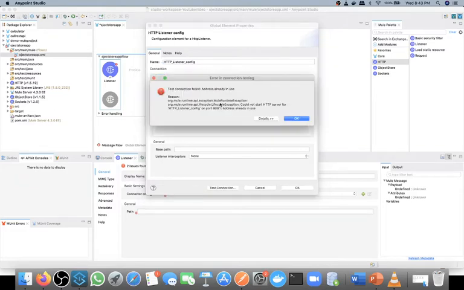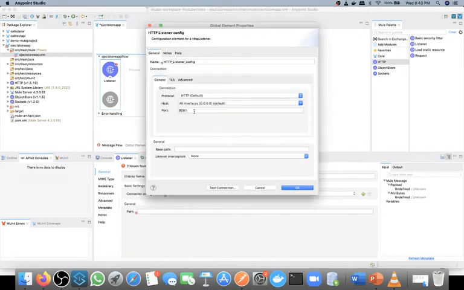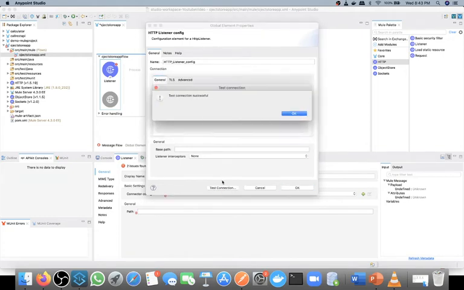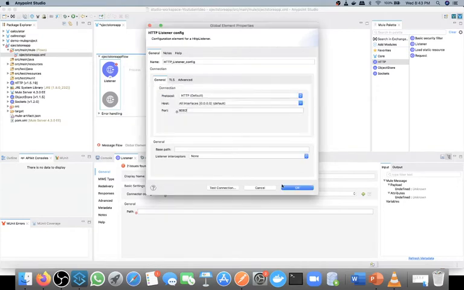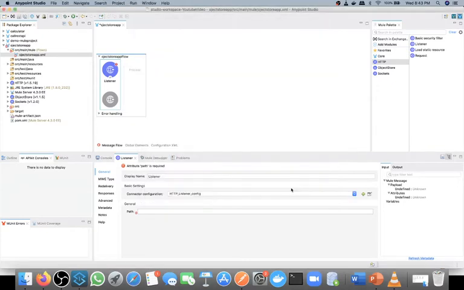Let me check. This one is not available, so I will change it to 8082. Let me test again. Yeah, this port is available. So I will click OK and then in path I will use obs for store. So we are done with the configuration of this listener.